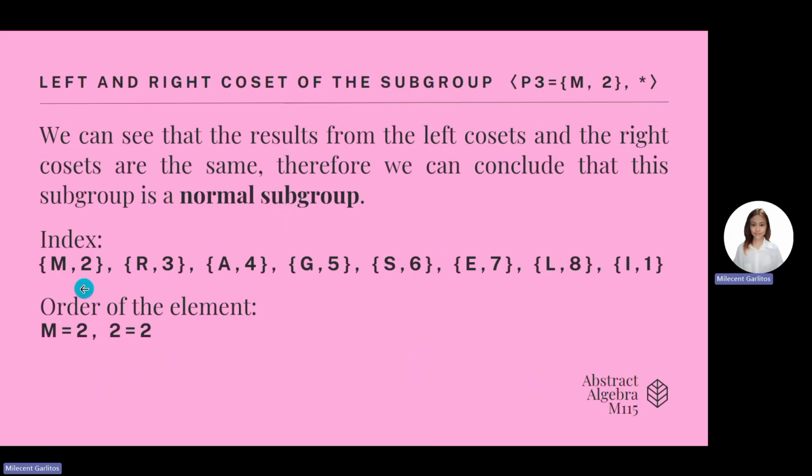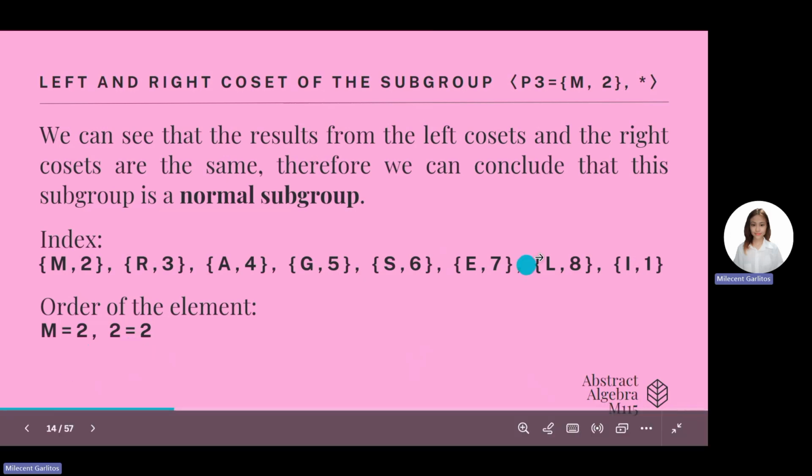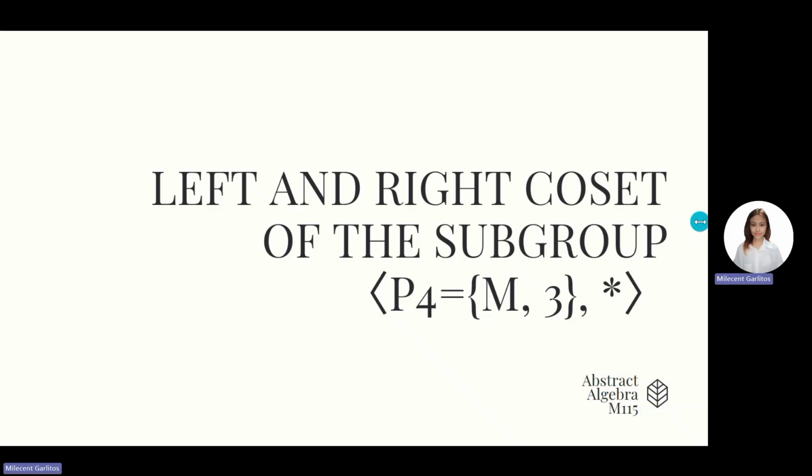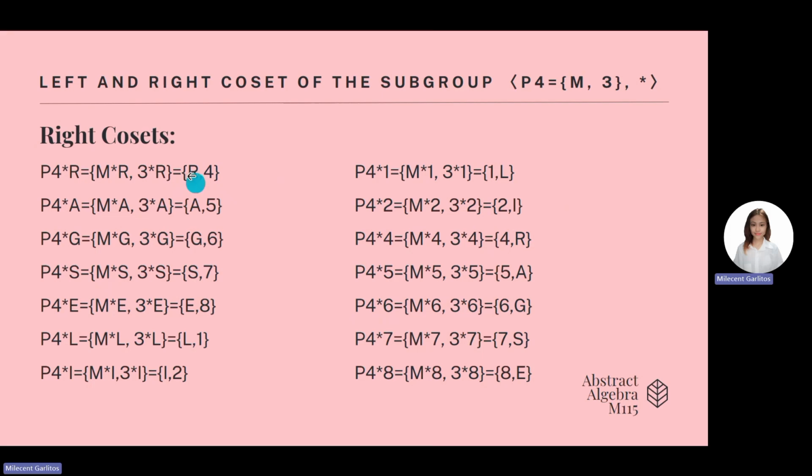Now for the index under this subgroup would be M2, R3, A4, G5, S6, E7, L8, I1. So the order of the elements would be M is equal to 2 and 2 is equal to 2. Now, the right coset of the subgroup P sub 4, which is the set of M and 3 under binary operation. So the right coset would be performed by